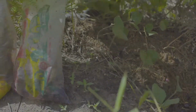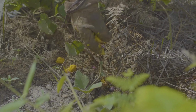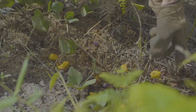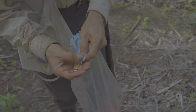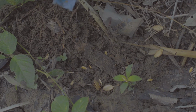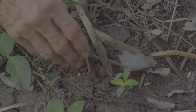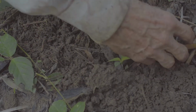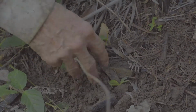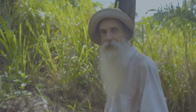This one is hog plum. Again, it is indigenous wildlife food. Also makes excellent juice, excellent wine. Pumpkin, cantaloupe, poi bhaji. Getting a lot of moisture in this mulch. Good possibility of germination. We have a nursery at the camp, and we've been collecting the seedlings that germinated and